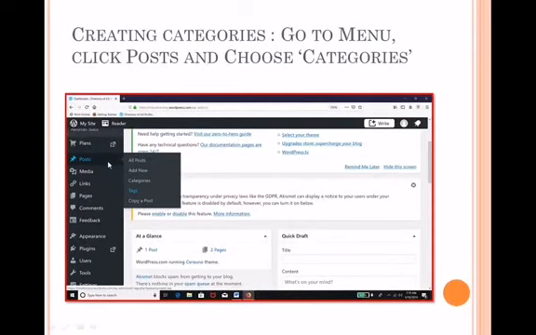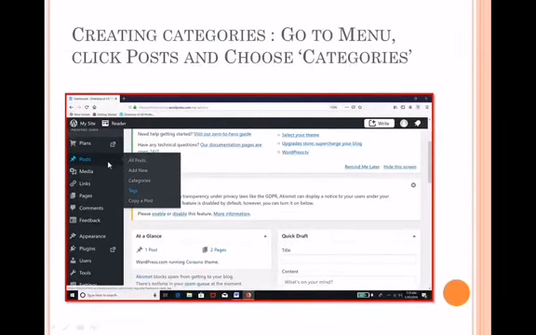Normally, pages are meant for giving static information, something about your institution, your rules and regulations, library rules and regulations, library hours, library resources, library collections, library activities, something like that. You can have very standardized information which doesn't change so frequently. The so-called permanent, static information can be given in the form of pages.